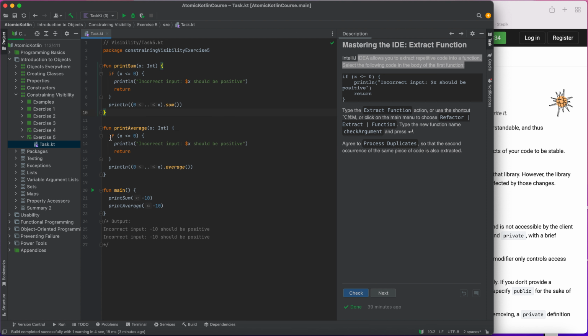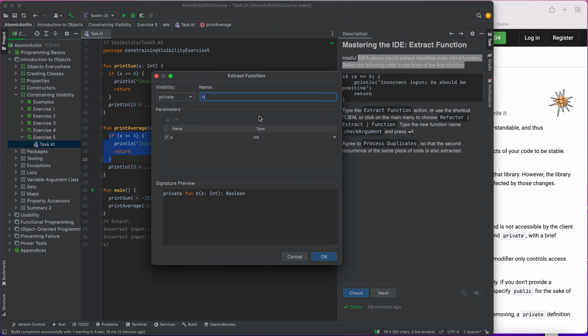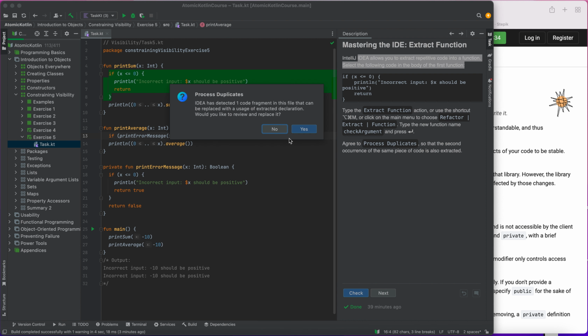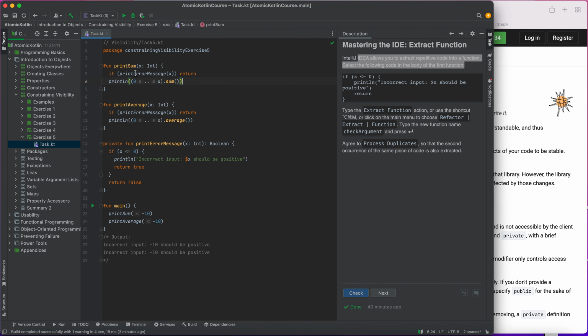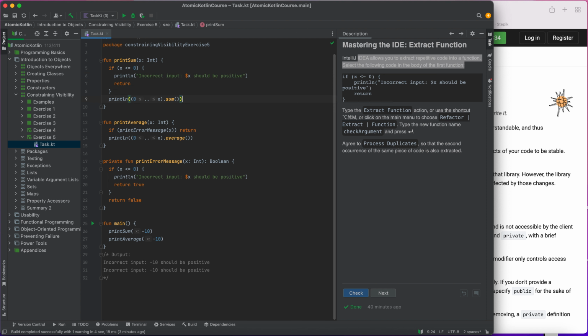So I first select this one. Then I just need to use this command, option command and M. So now I can extract it and say print error message, and that's it, guys. Yes, so now, no, actually it should not be print error message, sorry guys, actually it should be